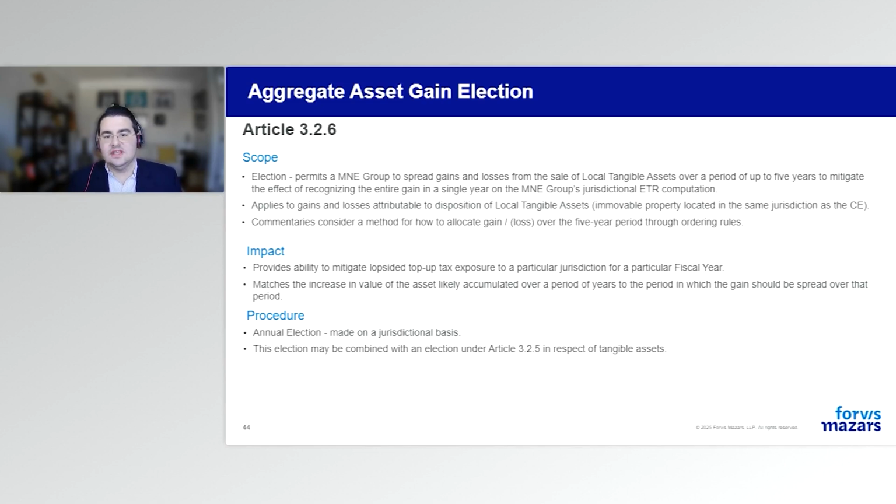So, we've seen this in practice, where the gain's large, and one thing to mention is there are ordering rules in the consolidated GLoBE commentaries on how you apply that, how you spread that gain, and a certain pecking order that was discussed in the prior session. But when you're thinking about this, you want to think about how it will keep your ETR, right? Where we see it most preferable is where it keeps your ETR above the 15% because of that gain that's being picked in. So it's something to consider, and some of our recent clients that are very acquisitive, right?